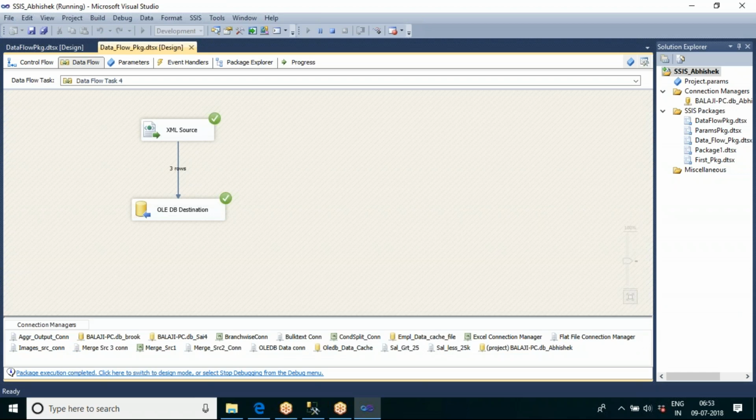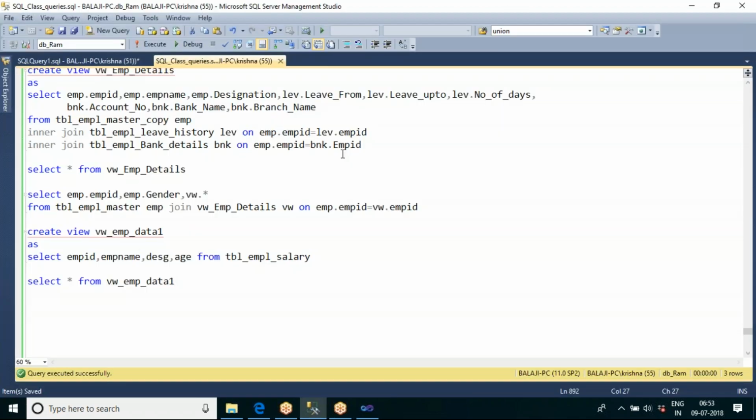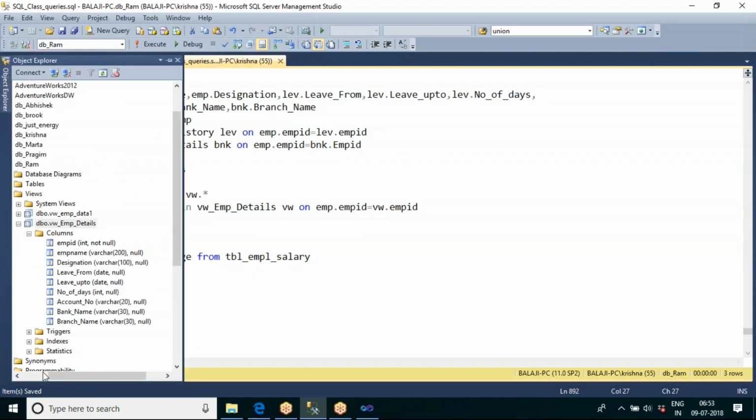So now you can go and see. So we are able to pass the three records into the destination. So now you can go and check the table. Okay, so under the dbbook, so let me go for,